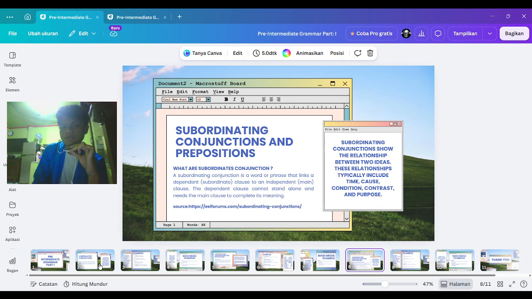Moving on into subordinate conjunction. What is a subordinate conjunction? Well, it is a word or phrase that links a dependent or subordinate clause to an independent or main clause. The dependent clause cannot stand alone and needs the main clause to complete its meaning. Subordinating conjunctions show the relationship between two ideas. This relationship typically includes time, cause, condition, contrast, and purpose. So there's five